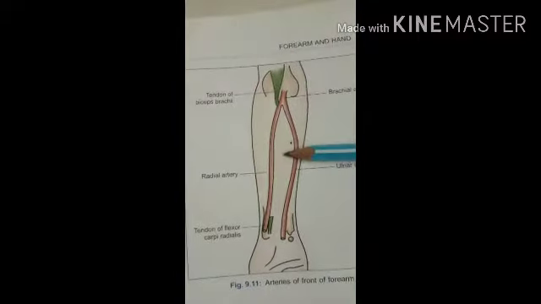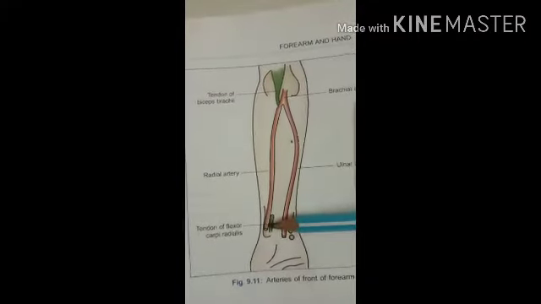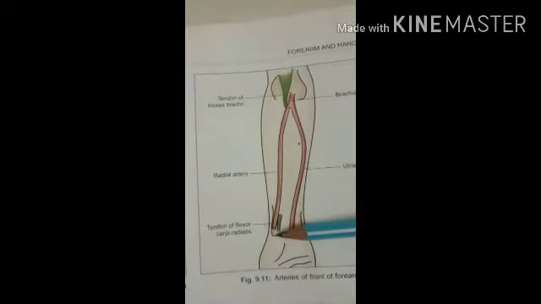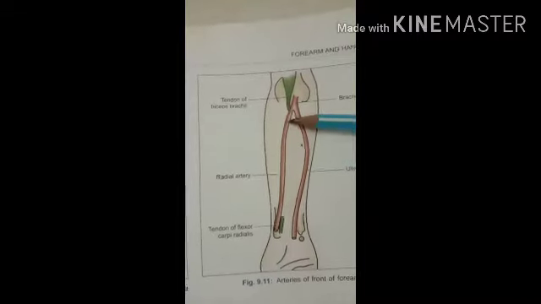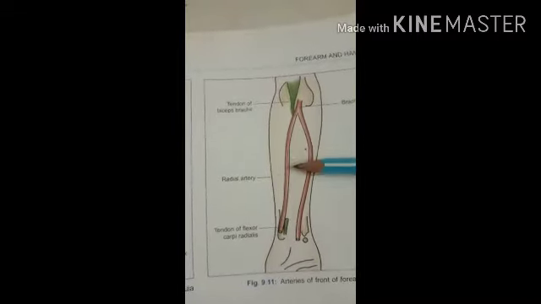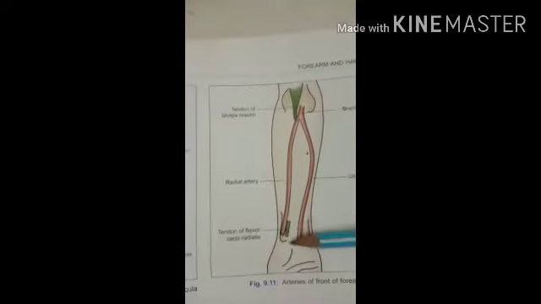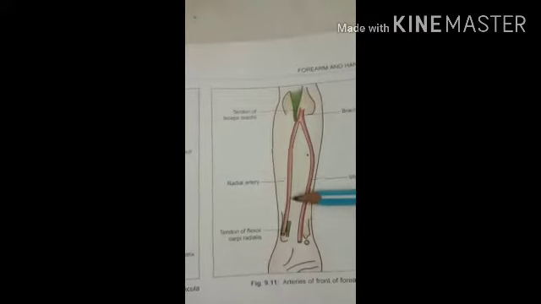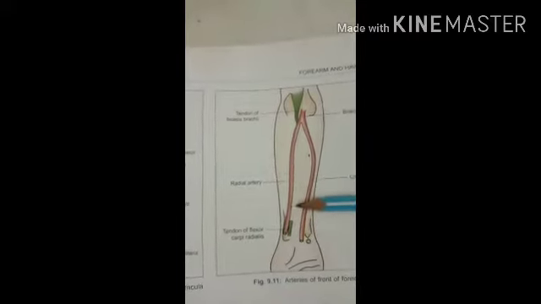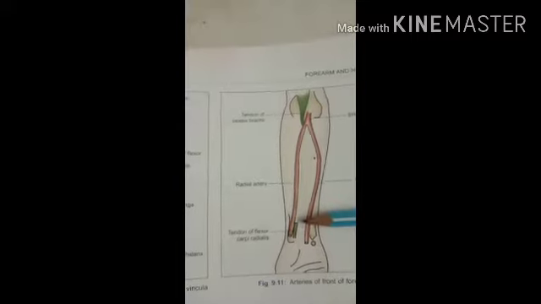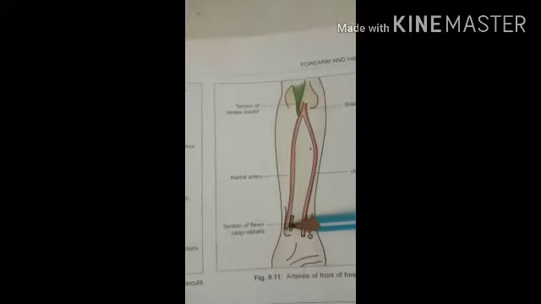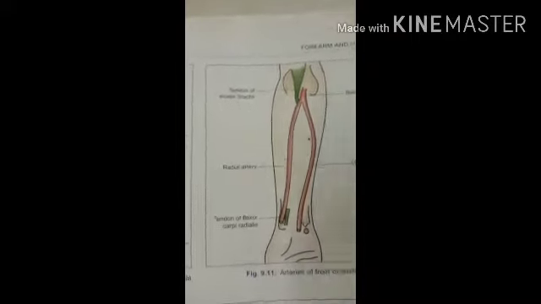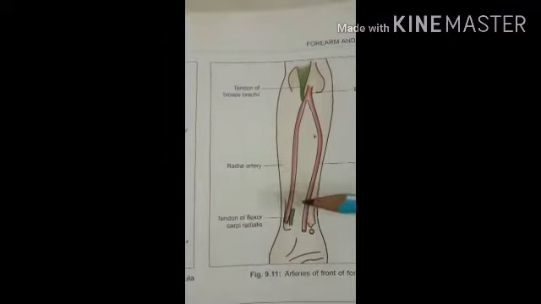Then it passes downwards to the wrist, with lateral convexity, as you can see here. In the upper part it lies beneath the brachioradialis on the deep muscles of the forearm, and in the distal part, the lower part of the forearm, it lies on the anterior surface of the radius, covered by only the skin and the fascia. Because of this, here on the lateral side you can take the pulsation of the radial artery.